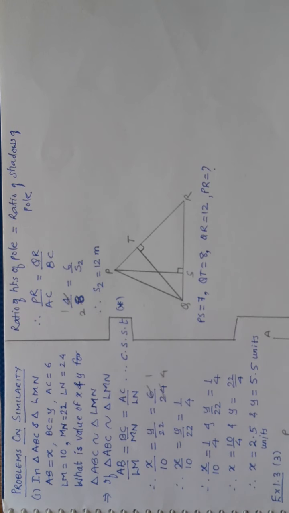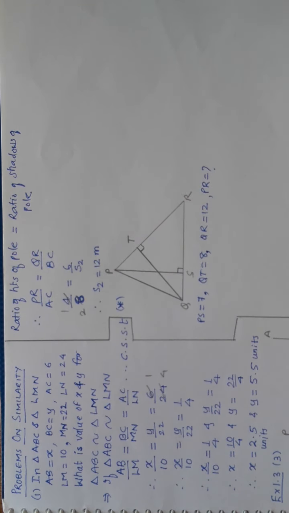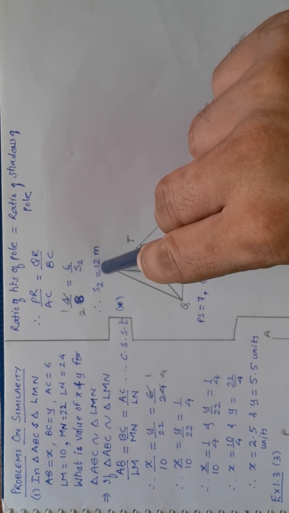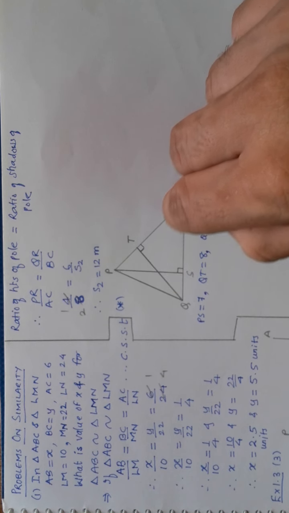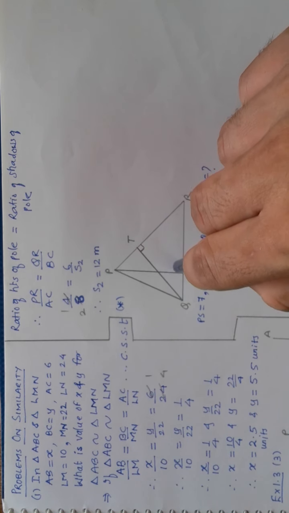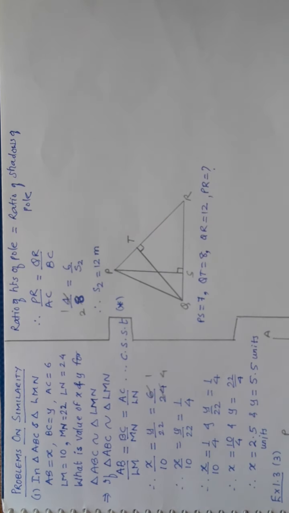So I will try to make pairs of it if it is possible. That is, who relates with whom? PS and QR, no, not at all. PS and PR, yes. If I take PS and PR, these are the two sides, and if I consider side SR, I get triangle PSR. So I remember one triangle is PSR.